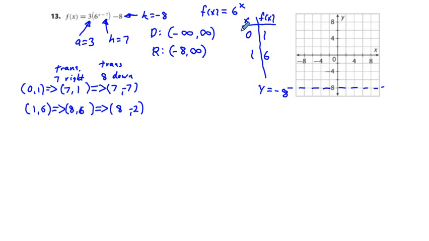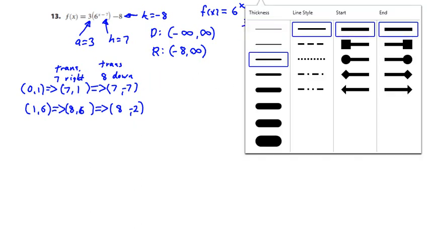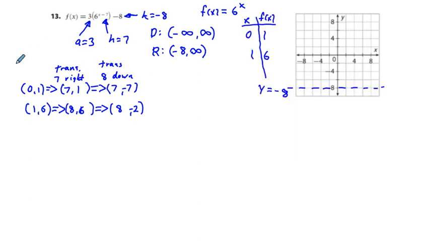And so what I'm going to do right now is mark those twice translated points. So for the first one we have (7, -7). These grids are by 2. So (7, -7) is going to be about right here. And then we have (8, -2). So we go 8 to the right and down 2. And finally, we have